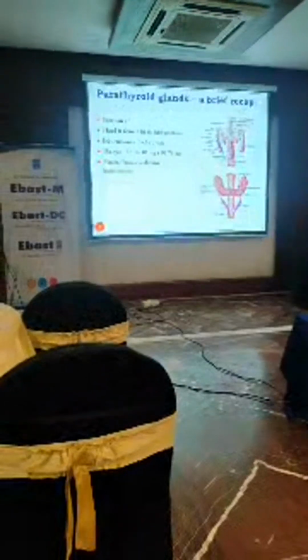They are very minute glands located in the neck, almost a few millimeters, 5 by 3 by 1 mm, weighing between 10 to 78 milligrams, and they secrete a hormone called parathormone, which is very important for calcium and phosphate homeostasis in the body. So they have a very important role to play. So as ENTs, we are concerned with parathyroid preservation in thyroid surgeries, in central neck dissections, and for parathyroid excision in parathyroidectomy. Now central to both is parathyroid identification, because they are so minute and they can be confused with